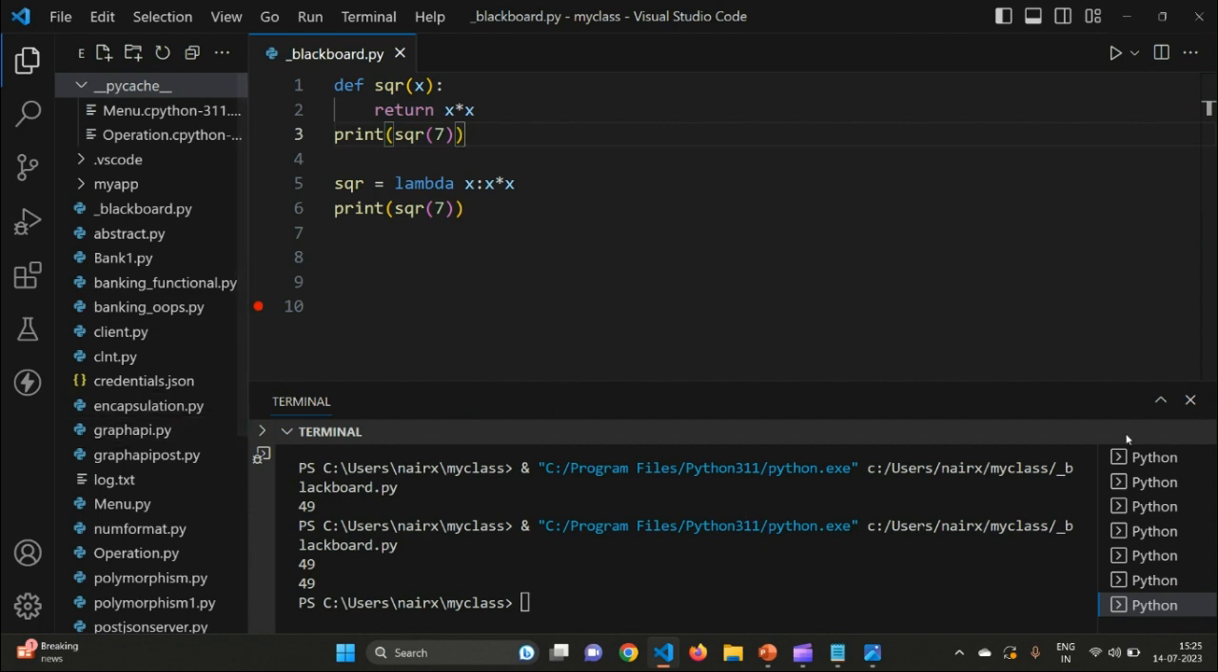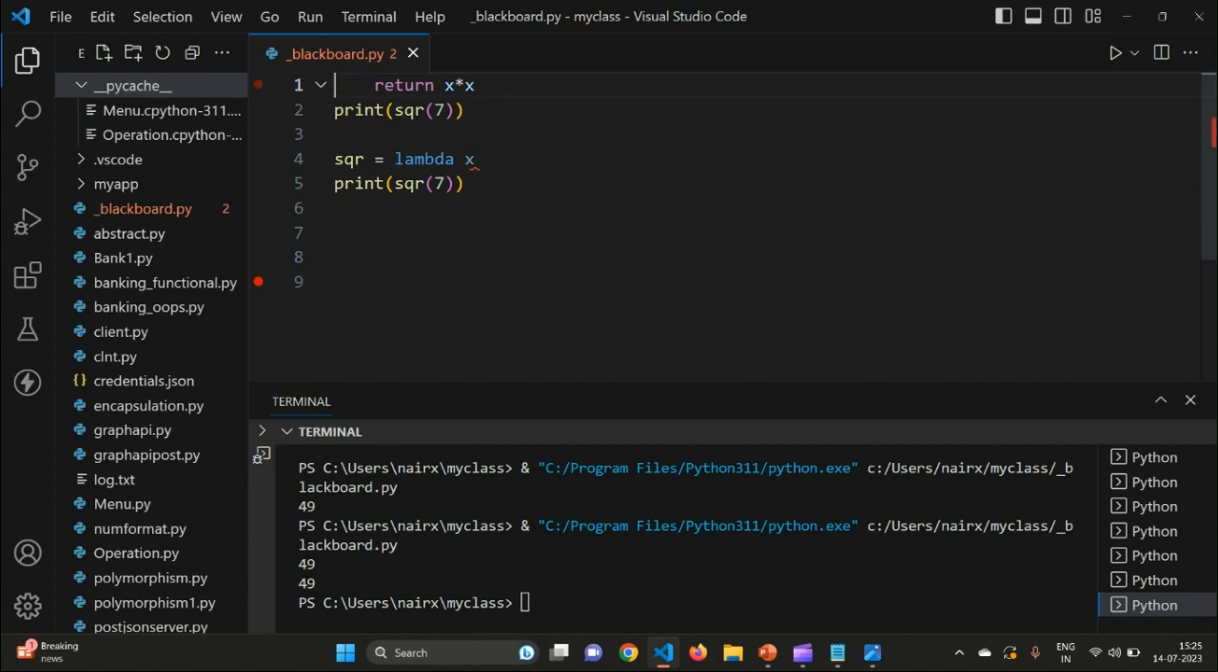All right, and now we can give additional conditions over here. I can just say lambda x, and let's say I'm passing two values. Let's say I want to find Maxwell, and I'm passing two variables x comma y, and here I am calling Maxwell and passing two parameters,